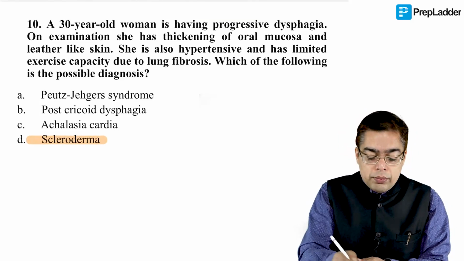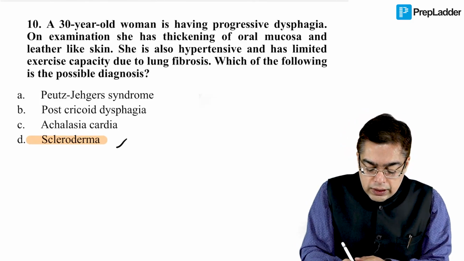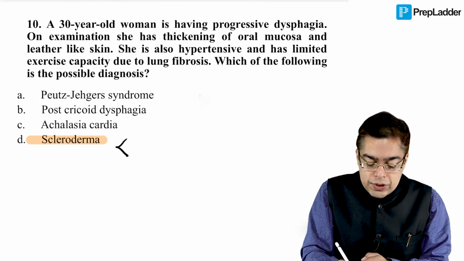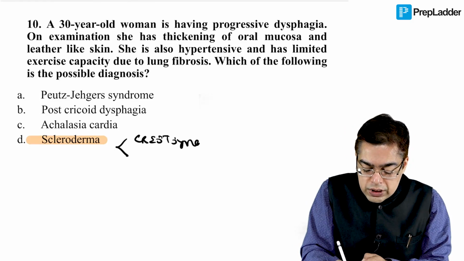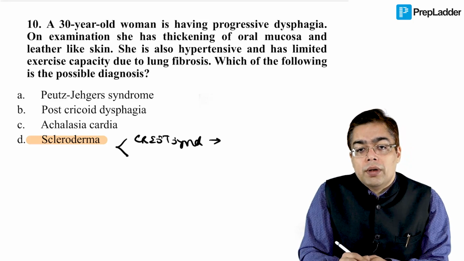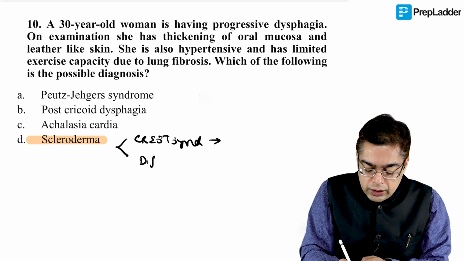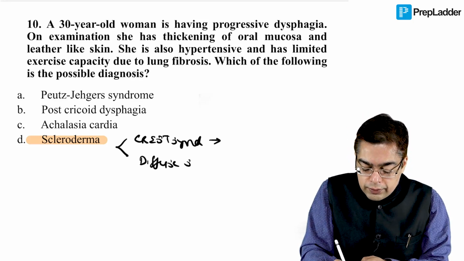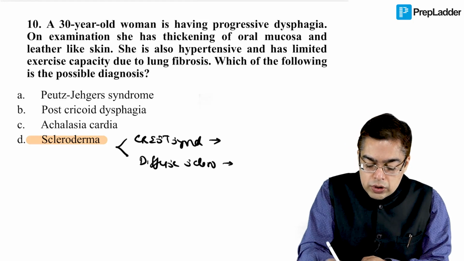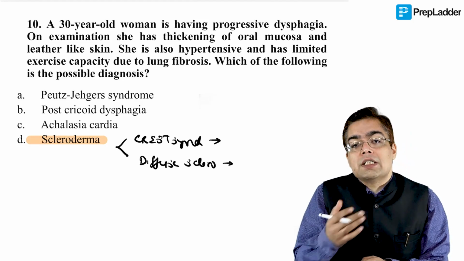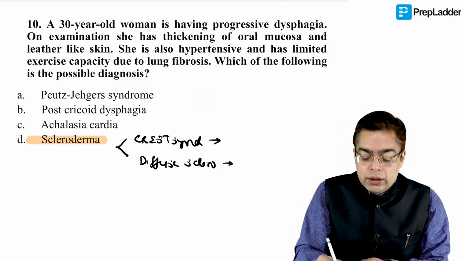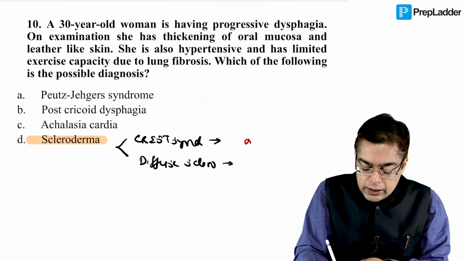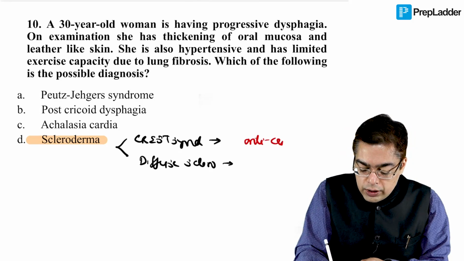And when you talk about scleroderma, the common thing that they ask you in the exam is that scleroderma can have multiple variants. One variant of scleroderma is what is going to be given the name of CREST syndrome, that is, limited scleroderma. And the other one is what is going to be given the name of diffuse scleroderma. Why do we need to talk about that? Because both of them are going to have different subtypes of antibodies seen in them. When we are talking about CREST syndrome, this is going to be associated with the anti-centromeric antibody.